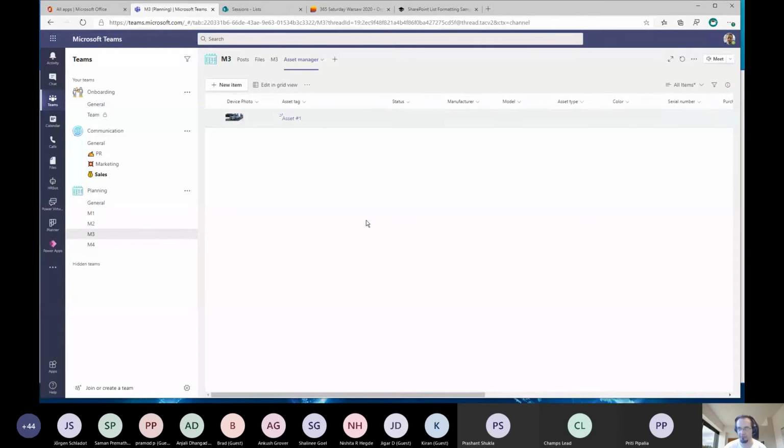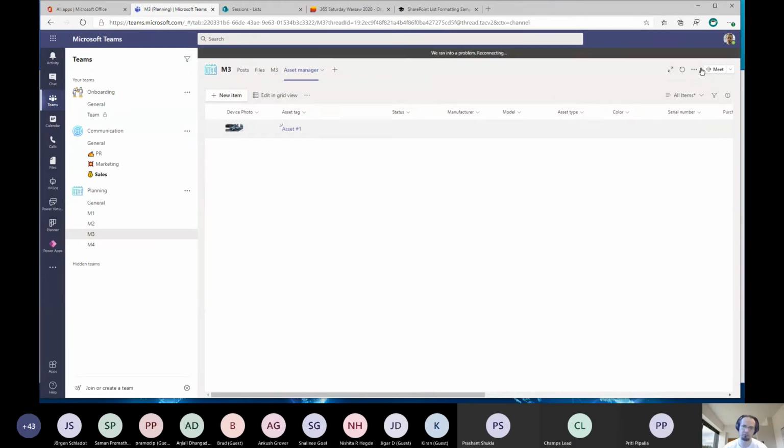So it's cool. And for me, the most important thing for Teams and Microsoft Lists is that I can use lists in Teams, I think for the first time, in a way that is productive. Before, we had some navigation artifacts from SharePoint Online, and that was a problem.